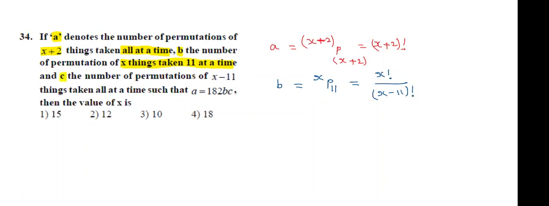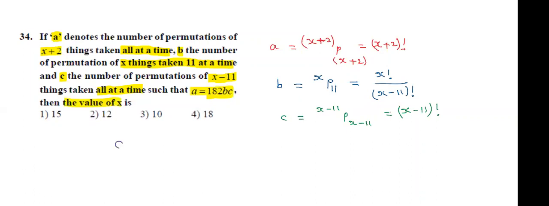Next, observe the C. C is the number of permutations of x minus 11 things taken all at a time. So C is equal to x minus 11 p x minus 11. That is the meaning. x minus 11 p x minus 11 is x minus 11 factorial. These are the A, B, C terms. Now observe here, A is equal to 182 BC. Then the value of x is,